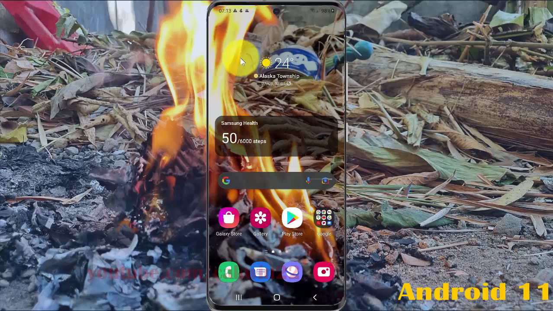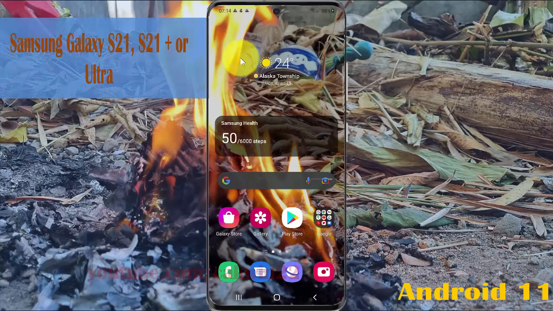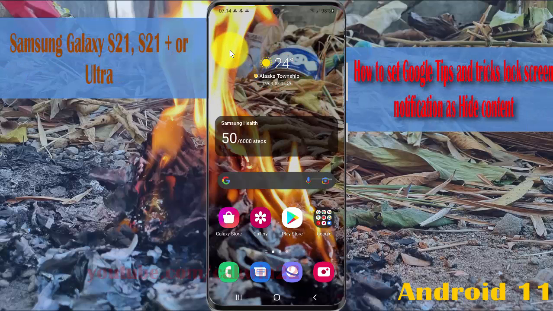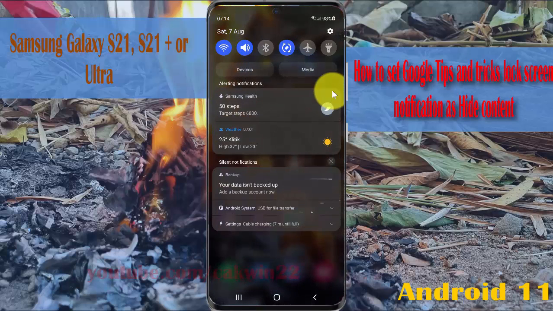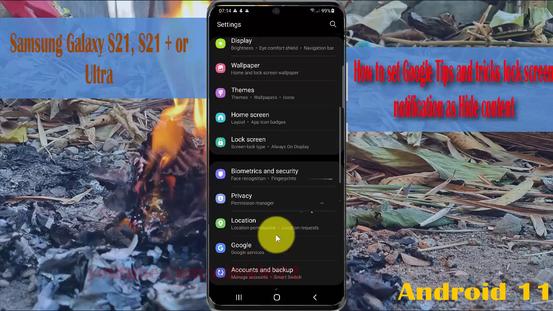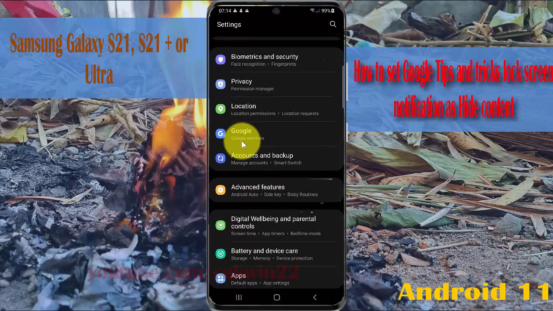To set Google Tips and Tricks lock screen notification as hide content in Samsung Galaxy S21, S21 Plus or S21 Ultra, open settings, swipe the notification panel, and then the settings icon. Scroll down settings screen, find Google, and then tap Google Services,